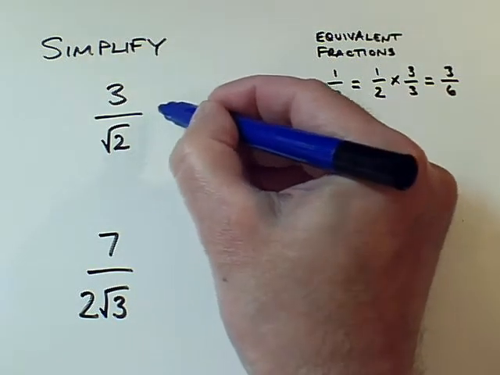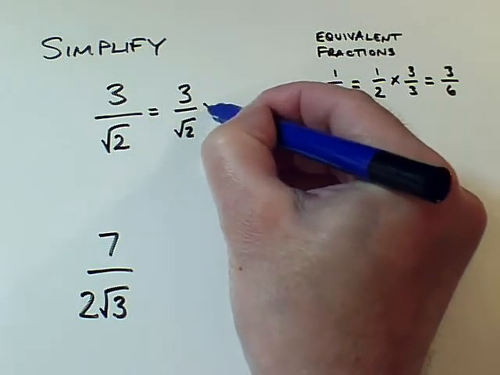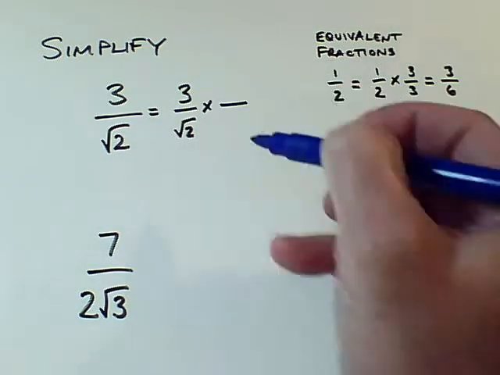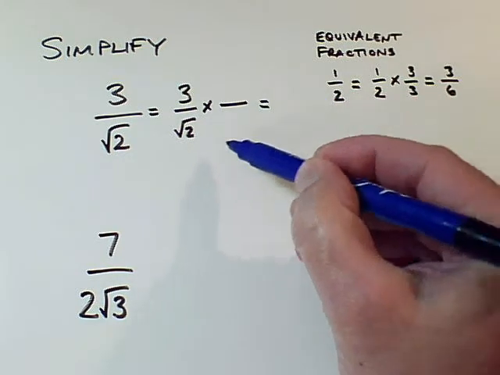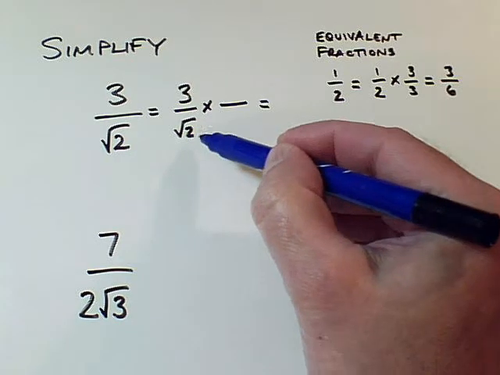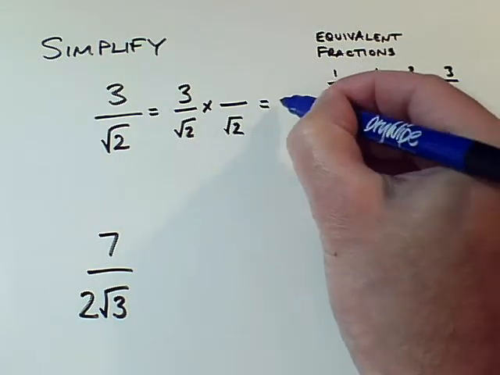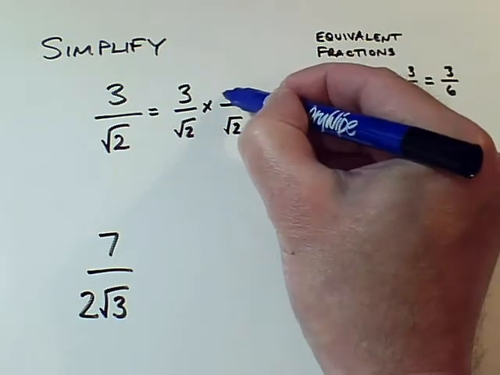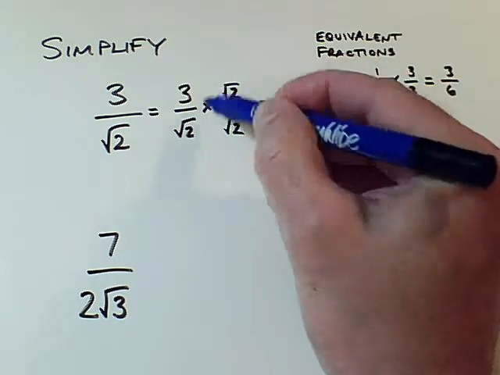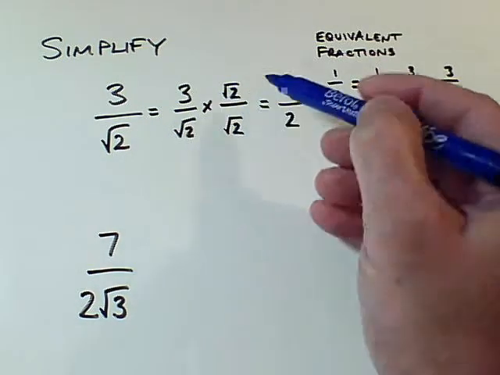So what I'm allowed to do here is I'm allowed to take my 3 over the square root of 2 and multiply by the same thing on the top and the bottom. Now what I'd like to end up with is a whole number on the bottom. So what I'd really like to multiply root 2 by is itself, because root 2 times root 2 will give me a nice 2 on the bottom. And I'm allowed to do that as long as I also multiply by root 2 on the top. This is multiplying by 1, so an equivalent fraction to this is 3 times root 2